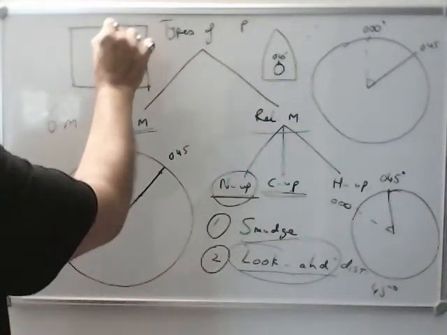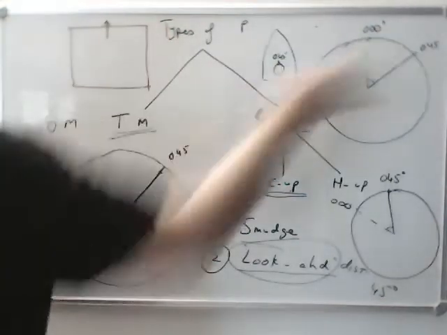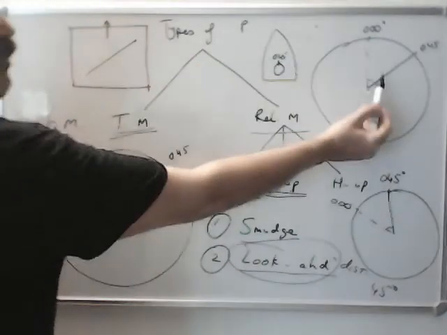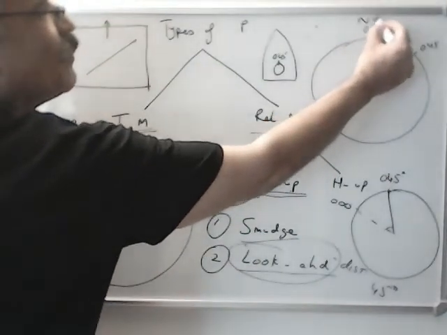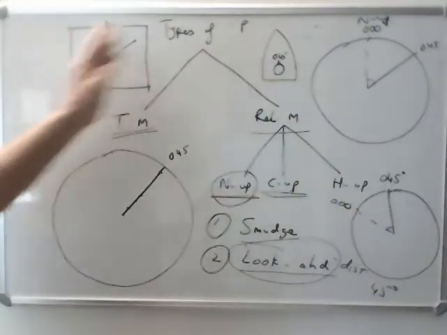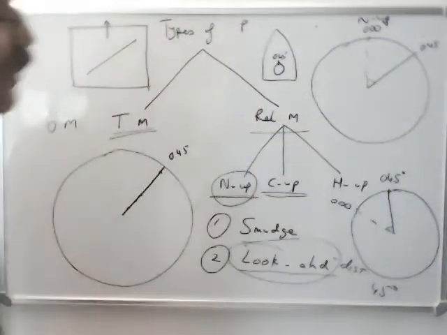Your north is always on the top, and if this is your coastline 045, this will match with your north up. This is north up. Visual lookout will match with your course up, but your chart will match with your north up, because you can see this line is parallel to this line. Not the case here.